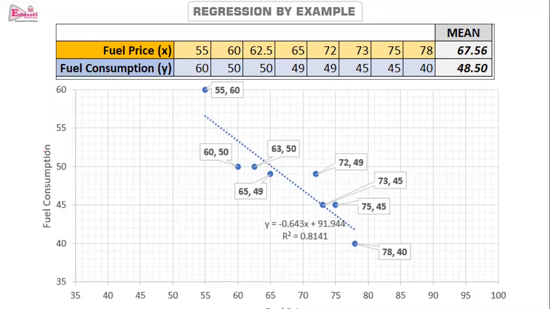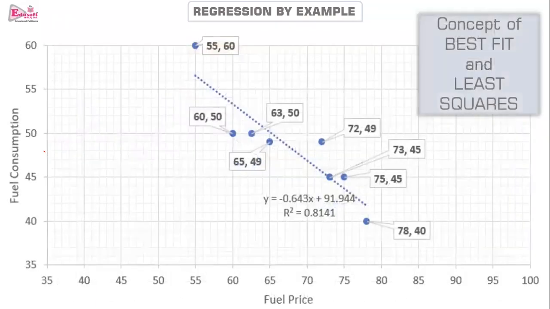That is the best fit line. Best fit line means the line is drawn in such a way that it is closest to every data point. Then that is a perfect line drawn across the data values. This concept is called best fit or least square. As you see here, the red lines show the distance between the data points and the line drawn across. This is the vertical distance between the data points and the trend line. This is called the trend line.